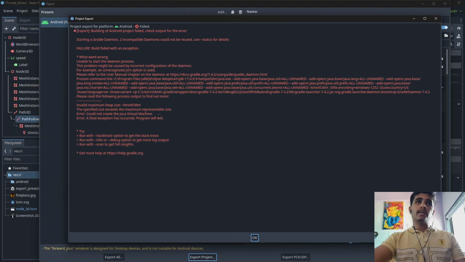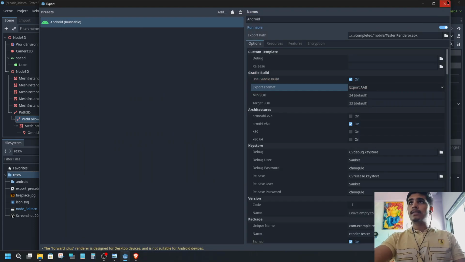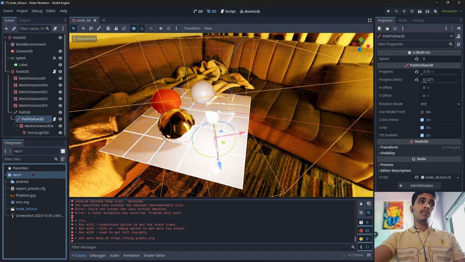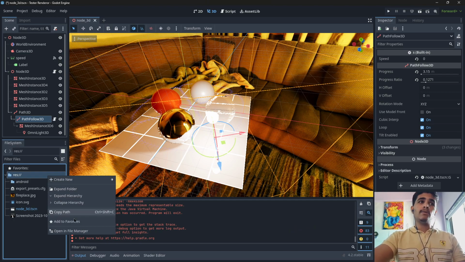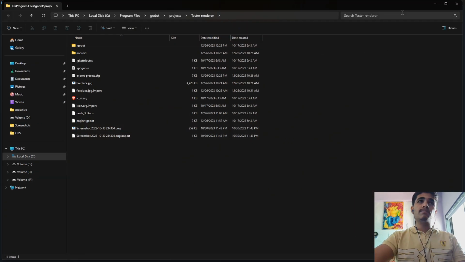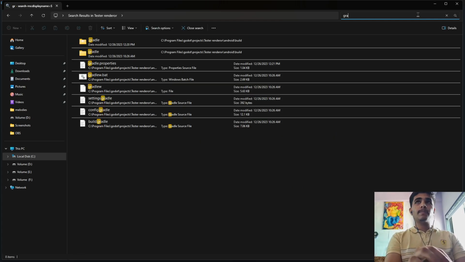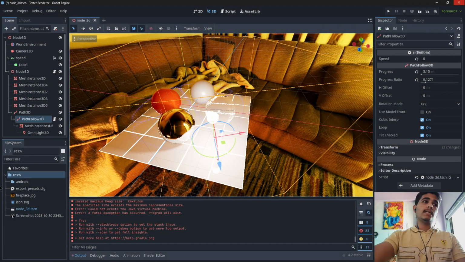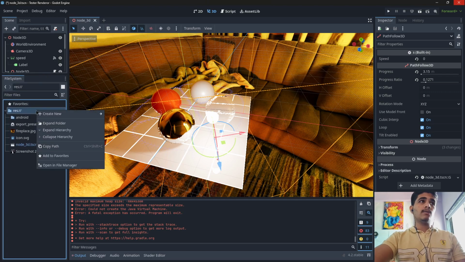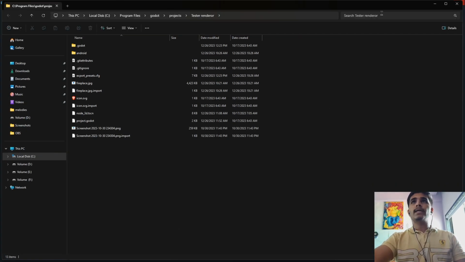why is this happening, the answer is the main problem is not in the Gradle or Android Studio or anything like that. The main problem is in your own project. So you just have to open the project and open the Gradle properties file. Let me show you how I did that. Actually, just right click on your main file or repository file, open in file manager, and here search for